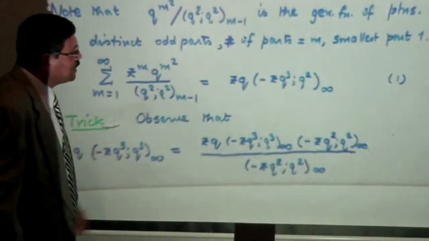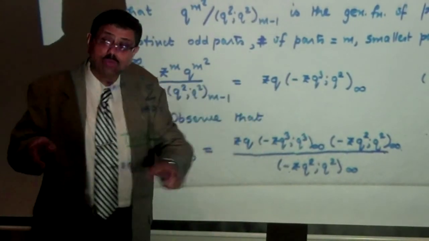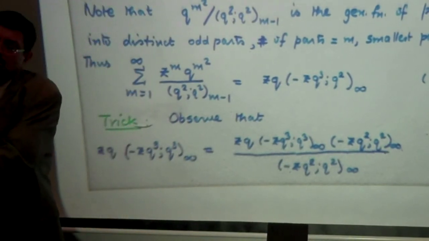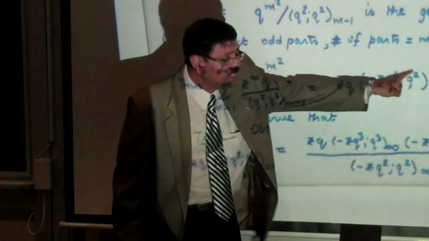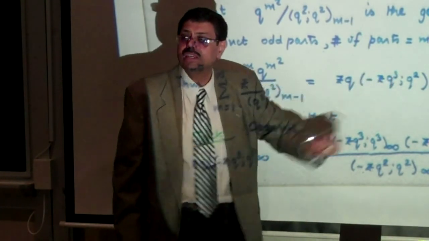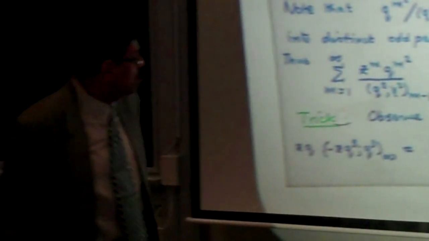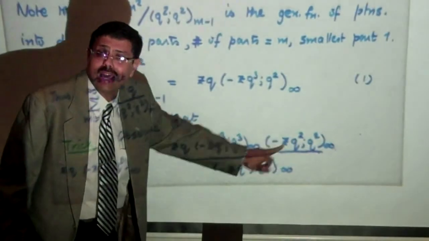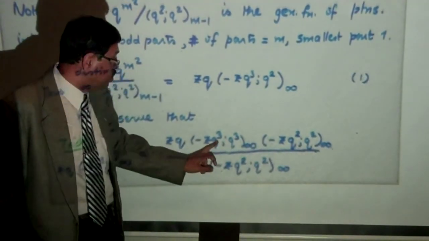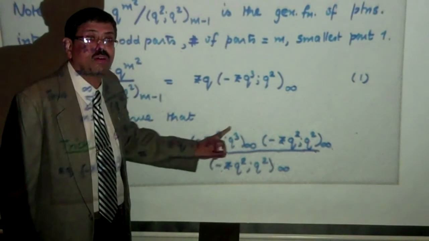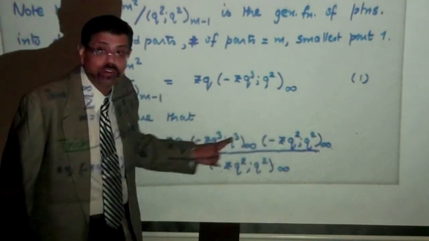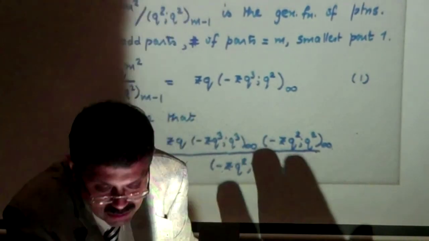Okay, so I go back to my school days, and I say, basically what you're doing is you're putting in the missing factor, the conjugate. So there are factors missing here. The factors that are missing here are the evens. So I multiply by the evens, and I divide by the evens. So now I end up with the full product from 2 to infinity. Alright, so when I get the full product from 2 to infinity, I end up with this